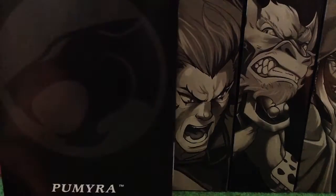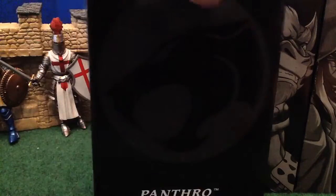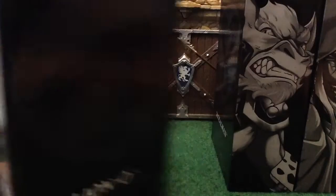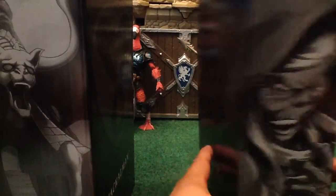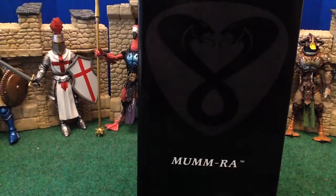I got Mumm-Ra. I got Panthro. I got Lino. And I got Jackalman and Mumm-Ra. And a cool picture of him in the front. Mumm-Ra is the one that I am actually most excited about, and I want to look at now. I don't have time to look at these others